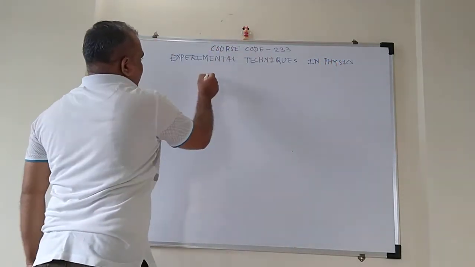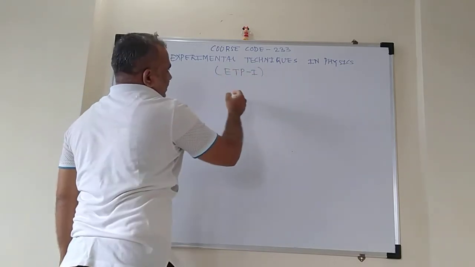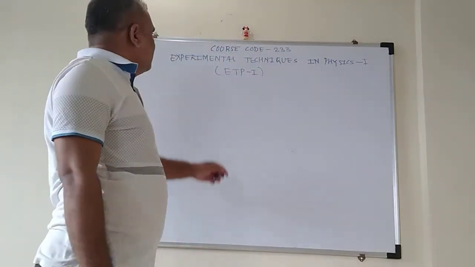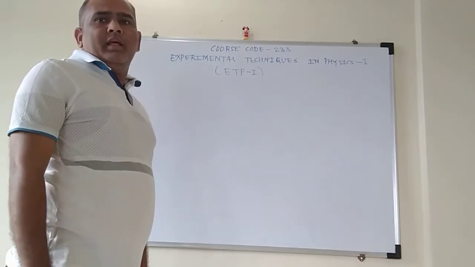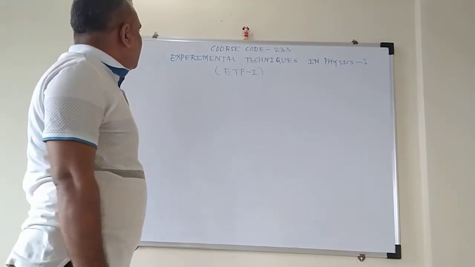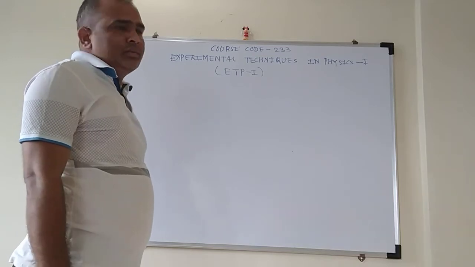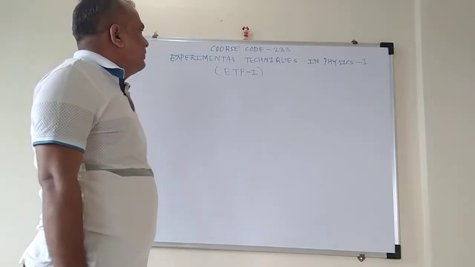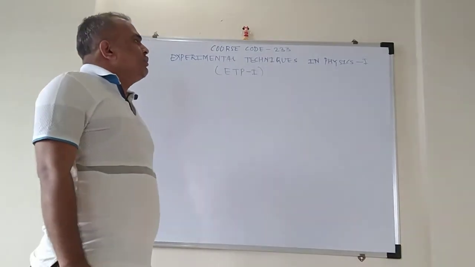And this is abbreviated as ETP1. In the first semester, you are going to learn the experimental techniques in physics first, and in the second semester, you will learn the second course of this experimental techniques, isn't it? Now, let's go for the